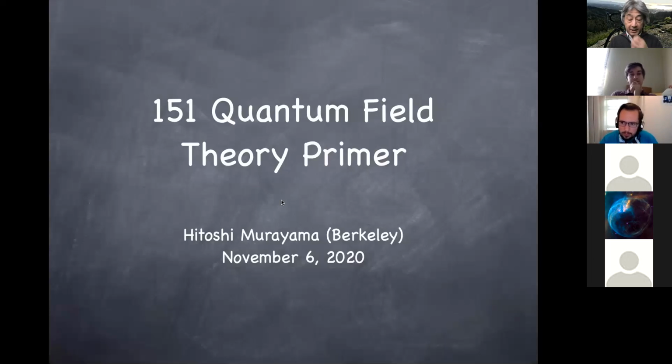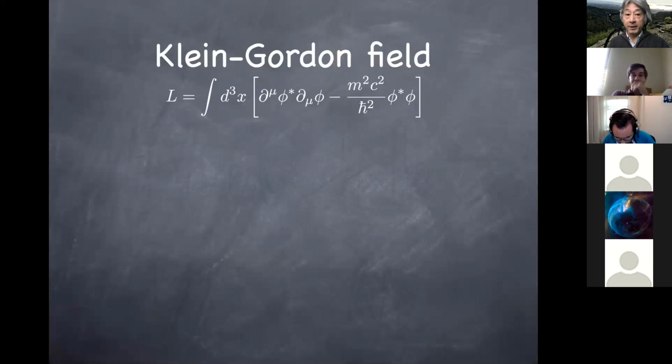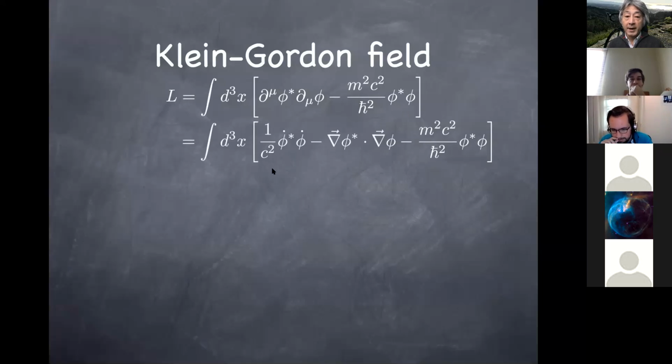All right, good. So let us get started. We started to talk about Lorentz invariant quantum field theories last week, and we settled on this Klein-Gordon field. We tried a relativistic version of quantum mechanics, but it failed because it didn't allow for a probabilistic interpretation of the wave equation. So instead, we decided to regard phi as a quantum field. This is the unique Lagrangian you can write consistent with Lorentz invariance up to the quadratic order in fields. And we identify the canonical momentum by writing out explicitly in this relativistic notation.